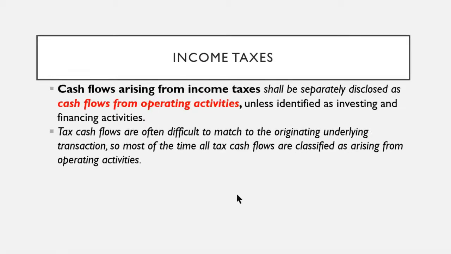And then for the income tax, cash flows arising from income taxes shall be separately disclosed as cash flows from operating activities unless you identify it as investing and financing. Tax cash flows are often difficult to match to the originating underlying transaction, so most of the time they are